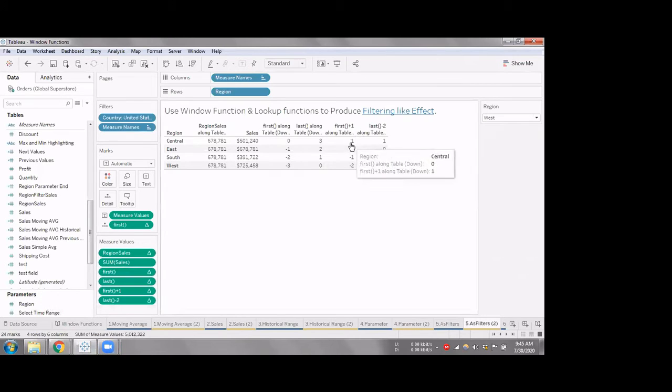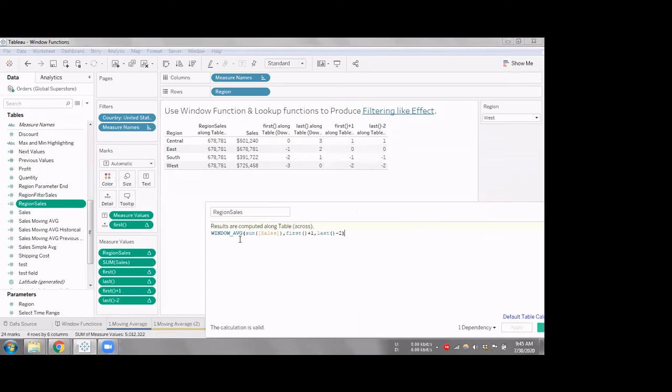So these are the start and end values that we are using. Now the way this function works is, we already know that it calculates the window average of sales from my starting position to last position for each and every row. Now these are the parameters that I passed. So for the central row, what it takes is, okay, I have to calculate an average. I have to start from plus 1 position from this row. So plus 1 position from this row is this row, and I have to end at minus 1, again 1 position from this row. So that means 1 position from this row is again this row itself. So I have to start and end on the same row.